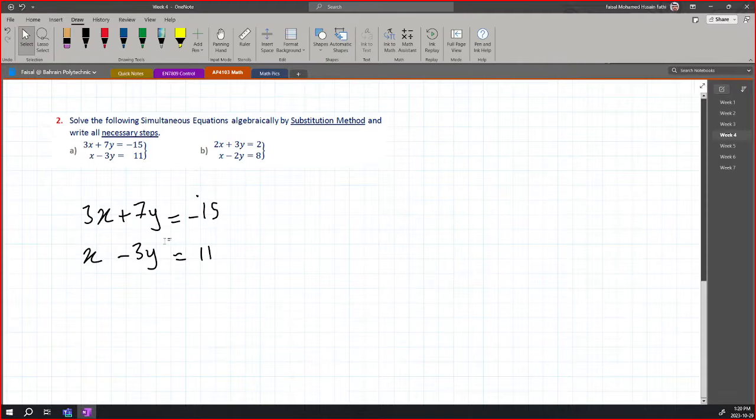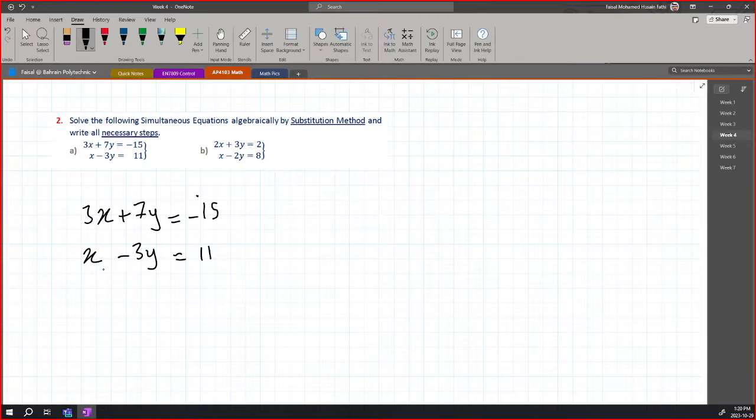Sara, I'll get back to you. Let's finish the substitution and I'll get back to you and answer that question. So now we're done with the elimination method. With the substitution method, the idea is to take one of these equations, and either keep just the